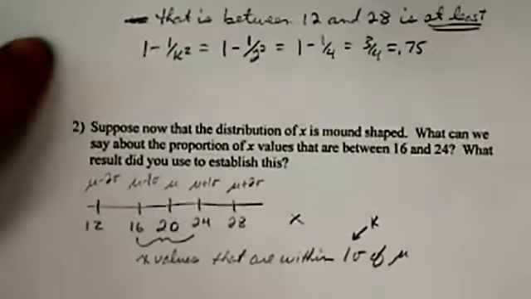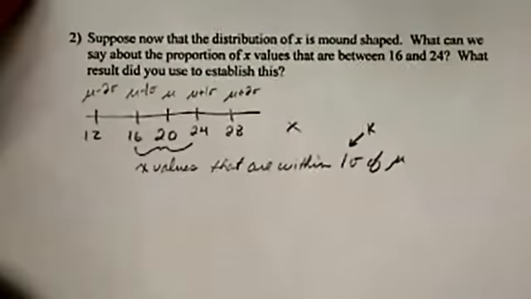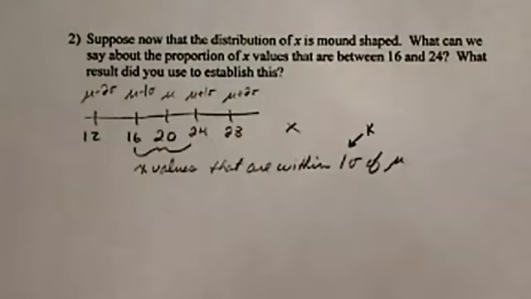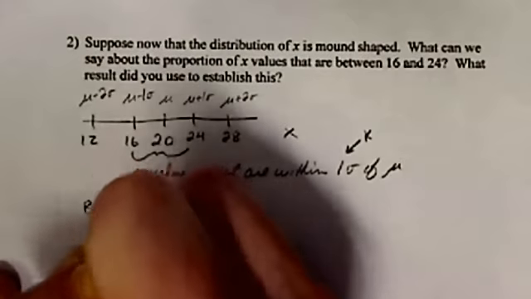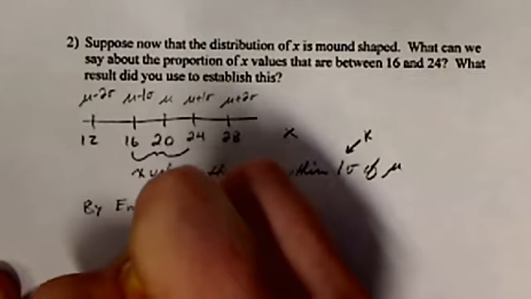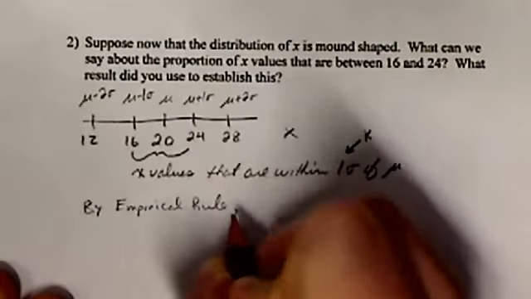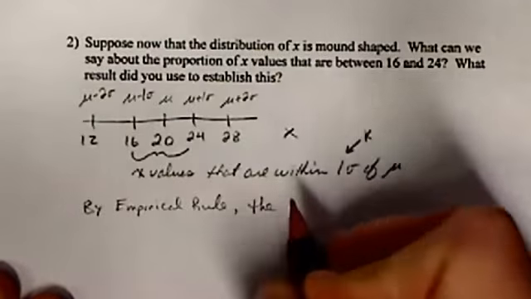But if we use this other result that hopefully you've read about, we can use the empirical rule that has the condition of a mound-shaped distribution. If our data is mound-shaped, the empirical rule gives us approximate proportions of data lying in certain ranges. And so you've seen that in your text or in the Hawk software. But by the empirical rule here, what we're going to apply, by the empirical rule, the proportion